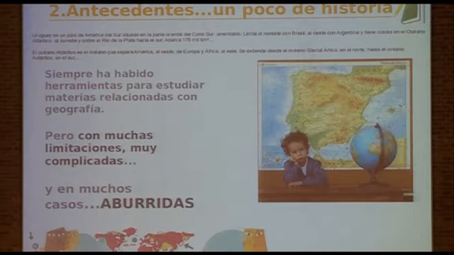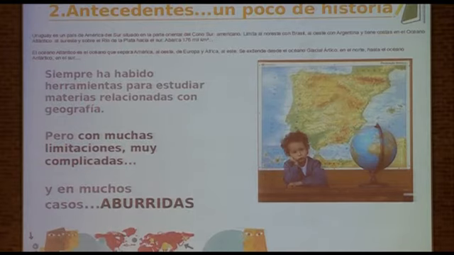Uruguay is a Latin American country. It was so boring to study geography. The Atlantic Ocean separates America, Europe, and Africa. It's boring and difficult to visualize. But apart from this information, which is what we used to study in school in the old days, there were